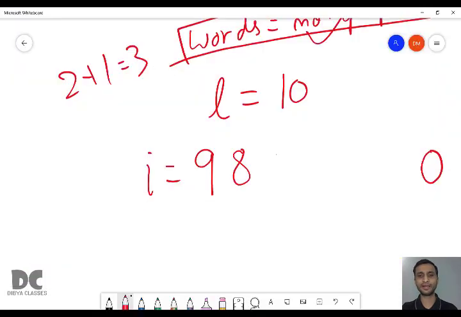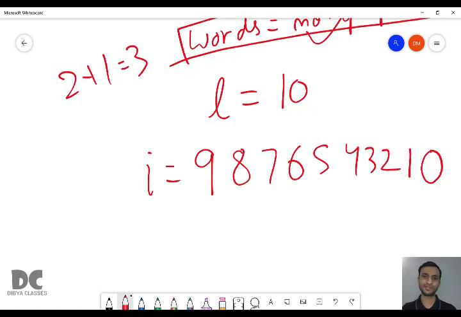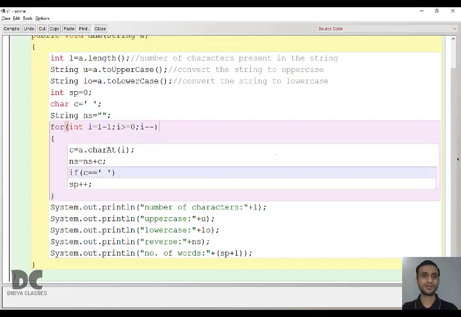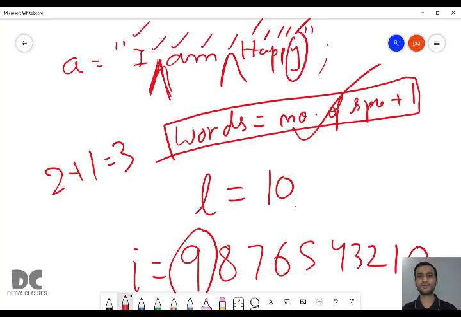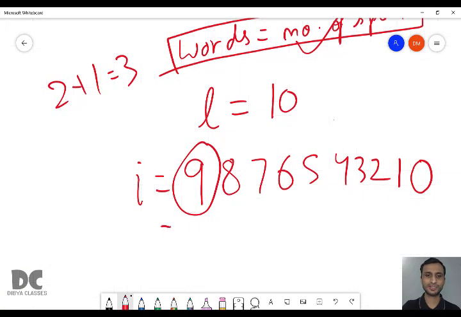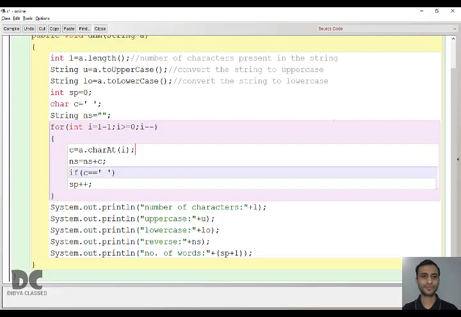So it will be 9, 8, 7, 6, 5, 4, 3, 2, 1 and 0. So we are finding the character at location 9 first. So what is present at 9? Y is present at the location 9. So in C we'll have Y.